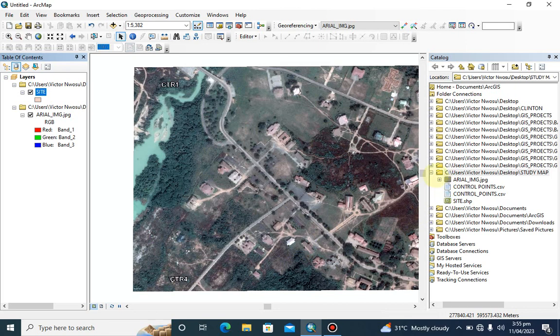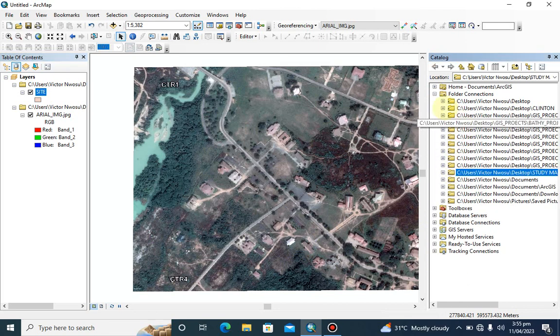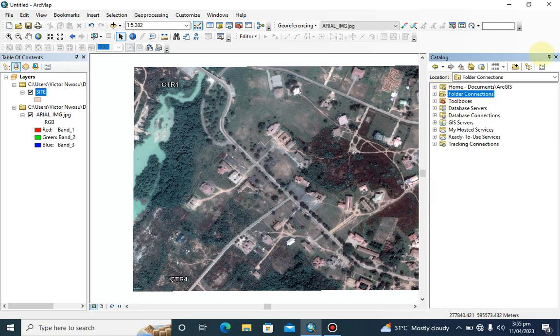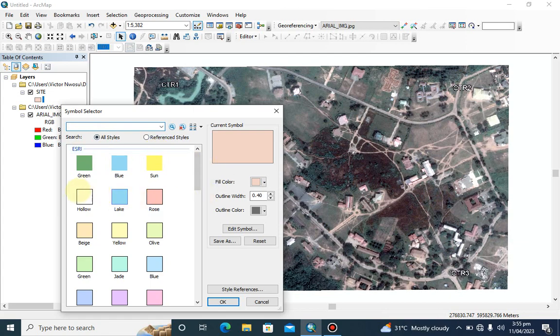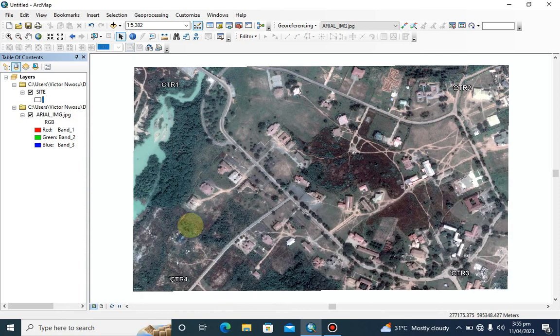So if you have done that successfully, you have created a shapefile for the site you want to work on. You can now close this. So you can see we have it here. Make it hollow so that you can see through when digitizing. All right, make it hollow, then you click on OK. So to digitize this particular river, this region. Say you want to do a hydrographic survey on this particular region. So all you have to do to digitize that is now to